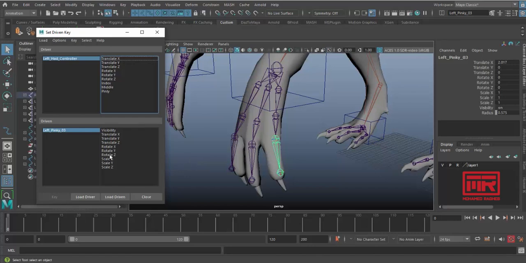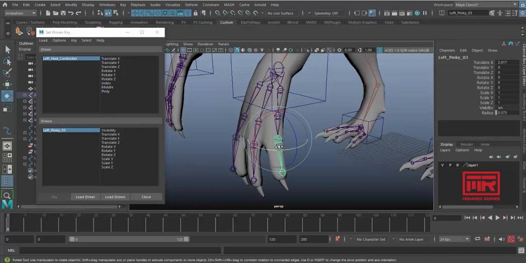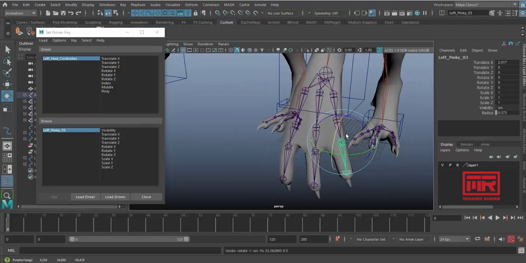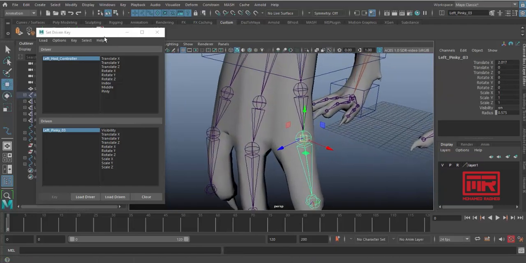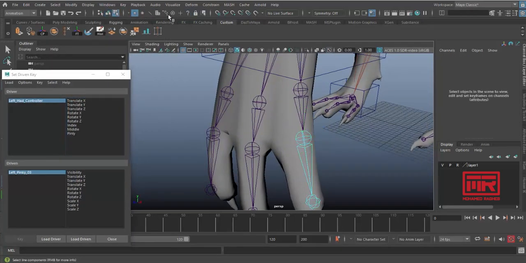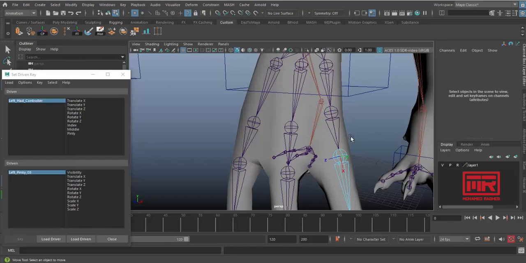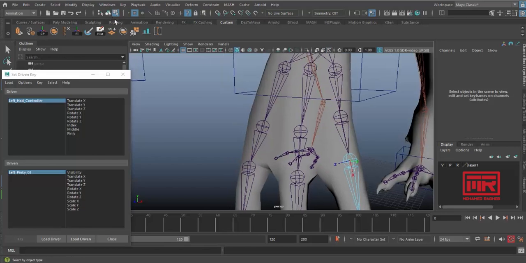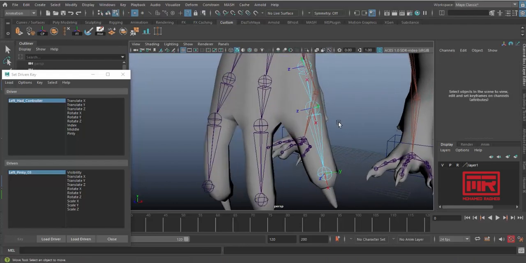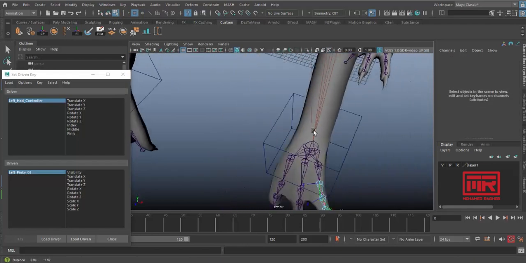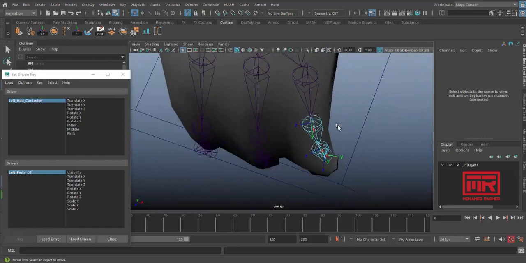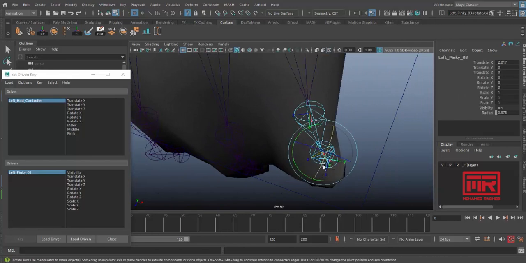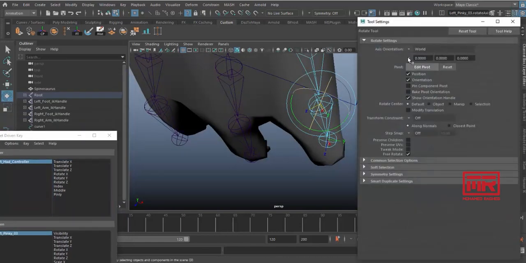So this one will be driven, and actually because it's too simple, and I realized now that this guy here needs to be rotated. Okay, let's rotate it